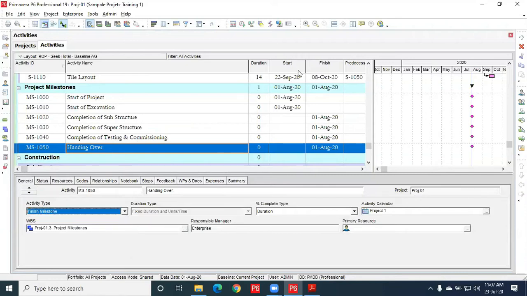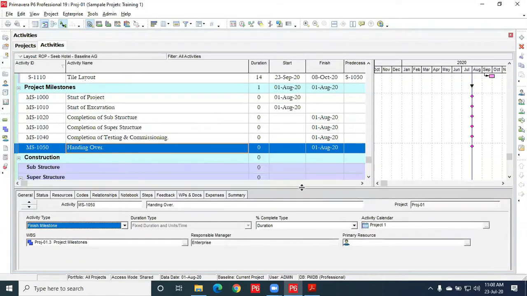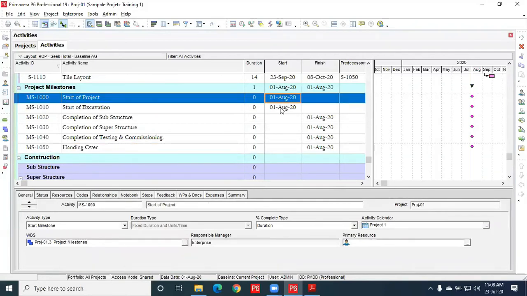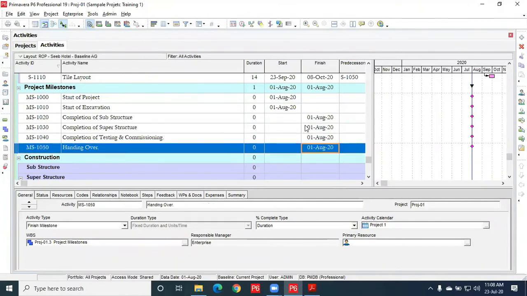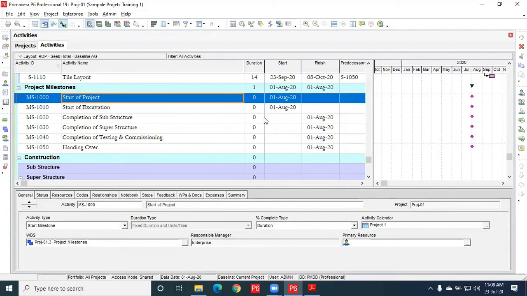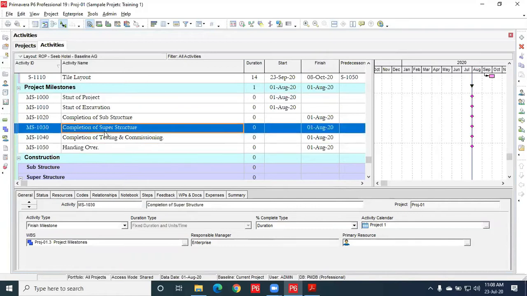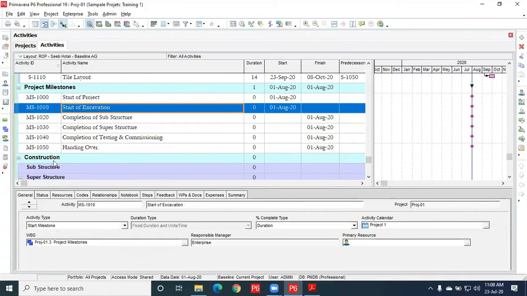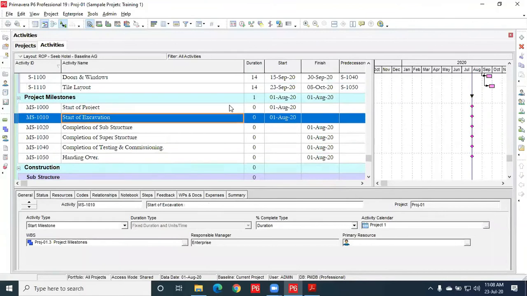finish milestone. Here, like I explained to you yesterday, if someone does not have time to go through all the program, they can have a glance over here and get all the details about the project, like start and finish date. So now let us leave this portion as it is, because we have not reached up to the superstructure, substructure and all. So let us link this at a later stage once we finish our complete program.